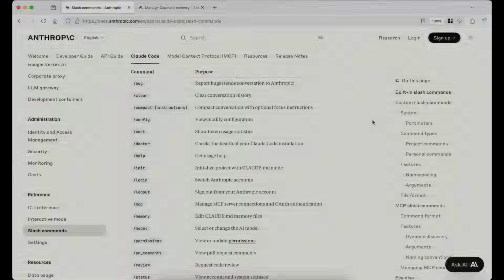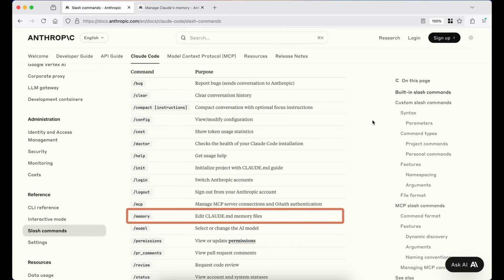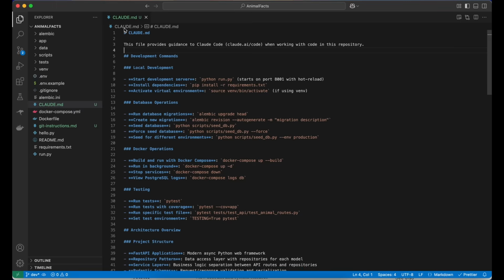The memory command builds directly on what we discussed earlier with the /init command. To quickly recap, when you run /init, Claude Code scans your project and creates a file called claude.md. So this is that file right here. This is that claude.md file that is within my codebase called animal facts. This file acts as the memory of your codebase, storing a summary of your project structure, components, and key behaviors. Since Claude itself is stateless, meaning it doesn't retain memory between chats, this file gives it a persistent, reusable context